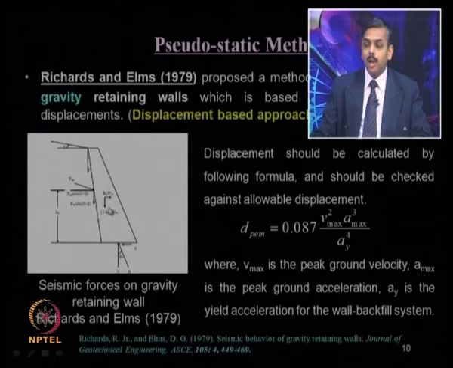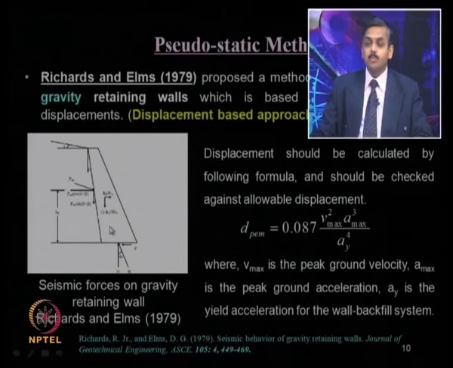Now, the wall is also subjected to, if the wall has weight WW, seismic inertia forces of KH WW and KV WW. So, these are the wall inertia forces including the wall self weight, and for stability this wall can either move in a sliding pattern, that is it can translate, or it can rotate, or it can have a combination of these two. So, these are nothing but the displacements or movements, sliding or rotational.